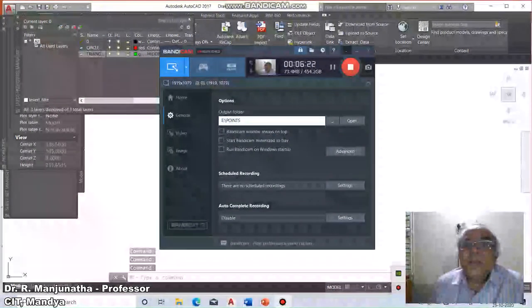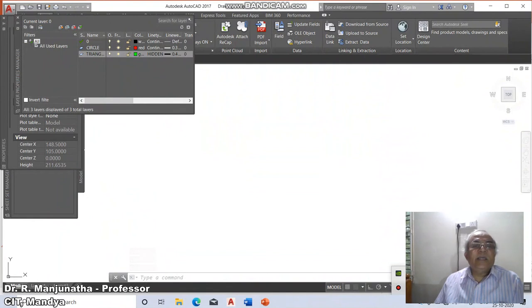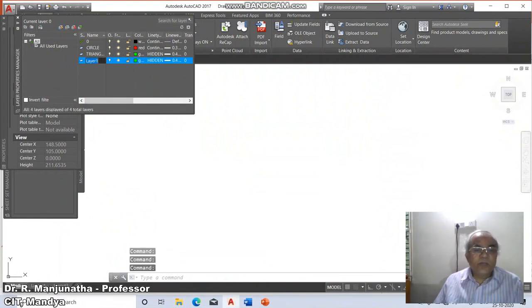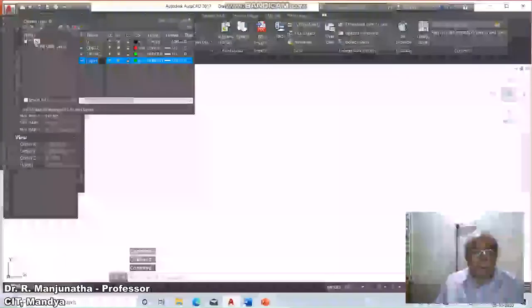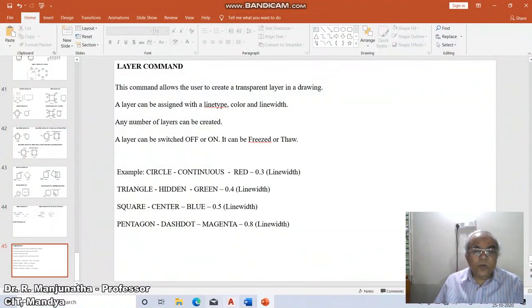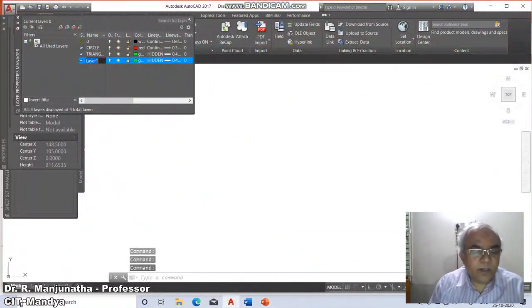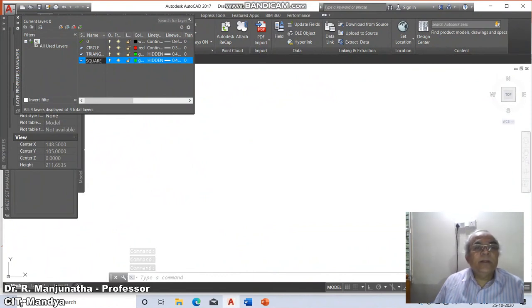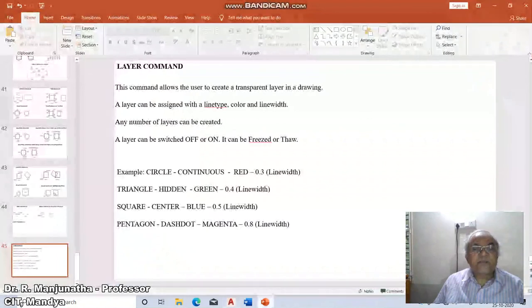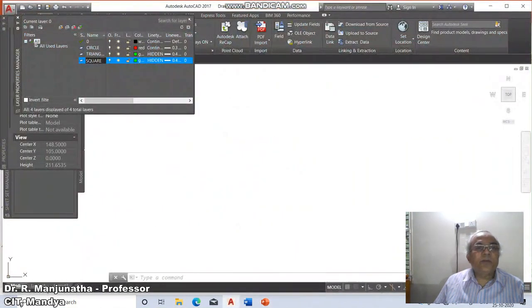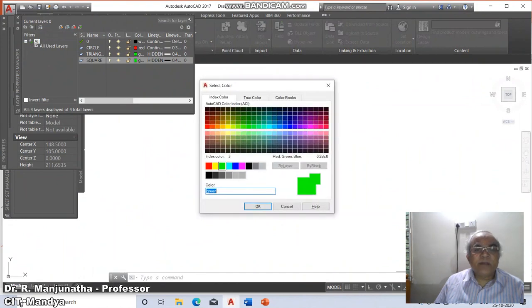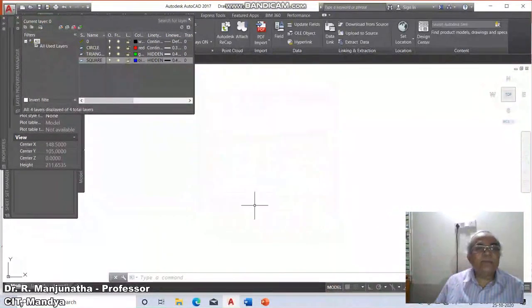Now similarly again go to new layer. The next is square, so I will type square, S-Q-U-A-R-E. Then the color of that is blue. You click on this and make it blue and say okay.